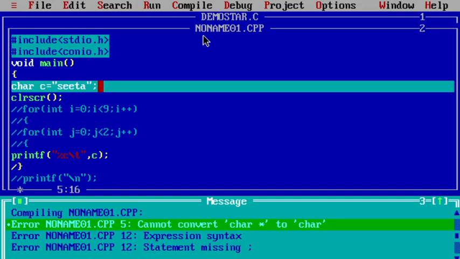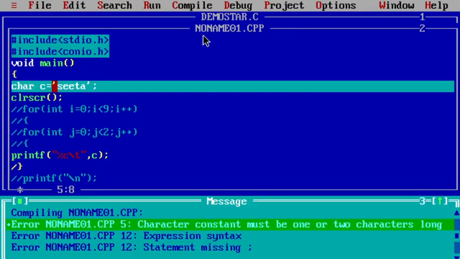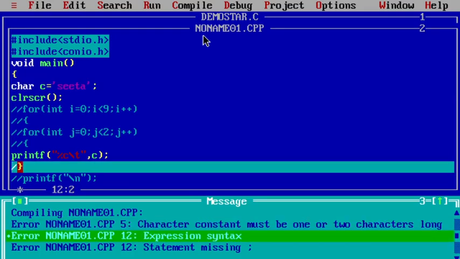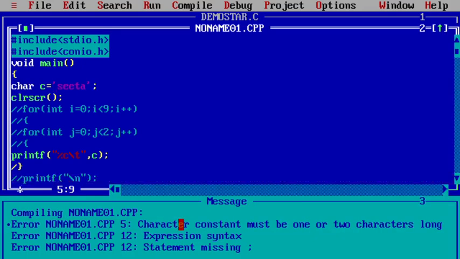Okay, a character constant must always be in single quotes. Single character constants must always be in single quotes. See, a character constant must be one character long. The syntax error expression we are getting, right? Why? Because here we are declaring a group of characters.